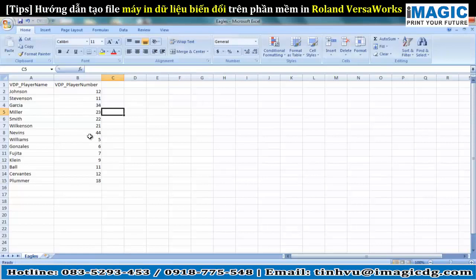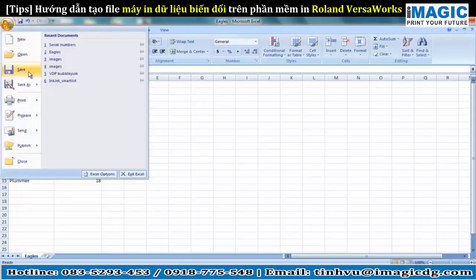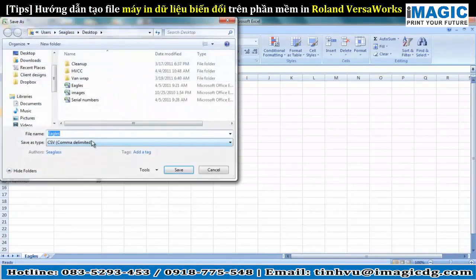And you can see I have the players' names and the players' numbers all lined up here. So I have the data that I want to input into that variable data printing option right here, and I'll save this as a comma separated value file. So I would go to Save As and tell it I want to save it as a CSV or comma delimited